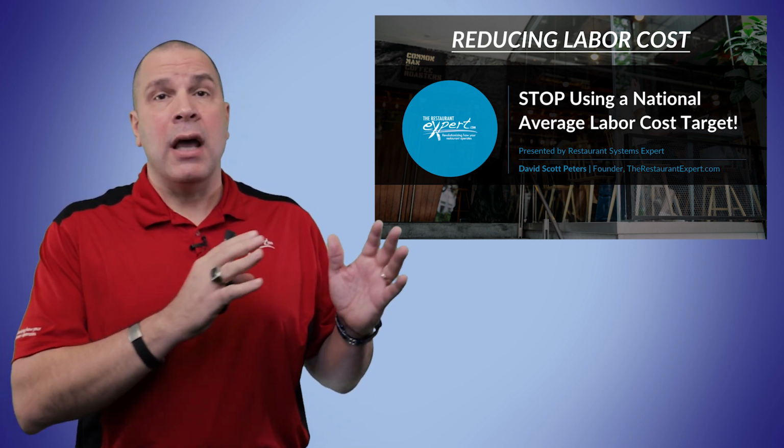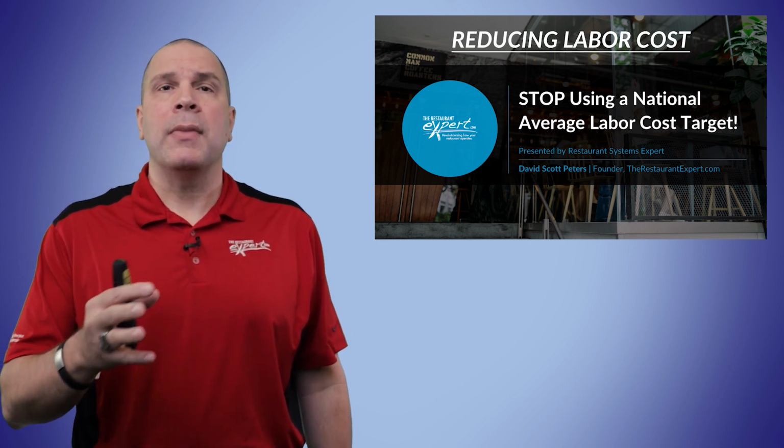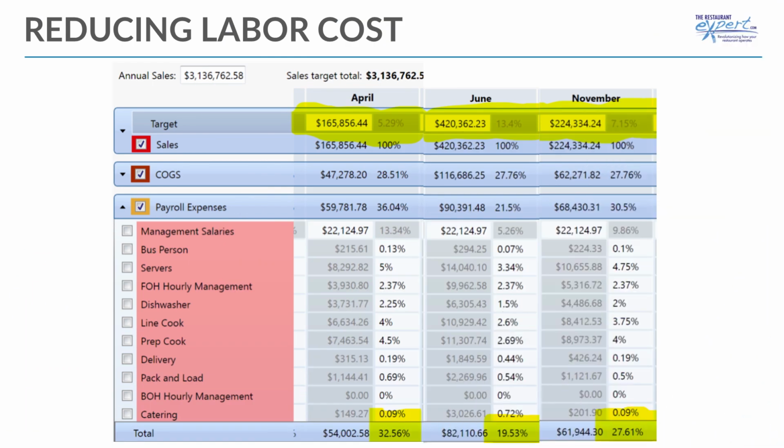Now, a budget is literally a plan for success, but why is it so important? Let me share with you some numbers here. So let me bring this up. You're going to notice a restaurant. This is an actual budget from years ago. They do $165,000 in sales in April. This is a multi-million-dollar barbecue place that does catering and quick service restaurant. They do $420,000 in sales in June, and in November, they do